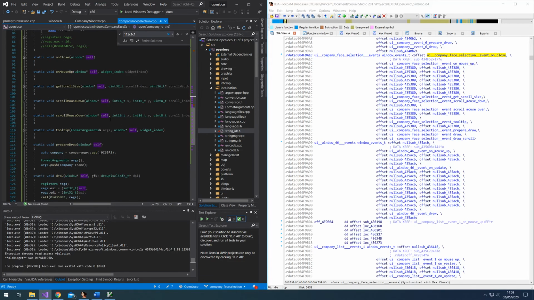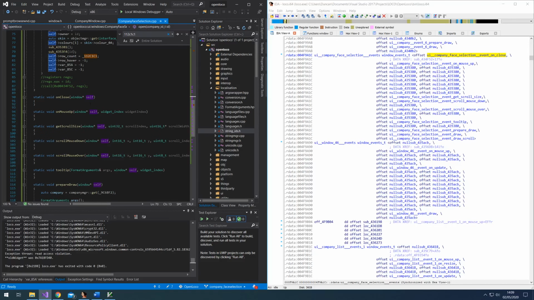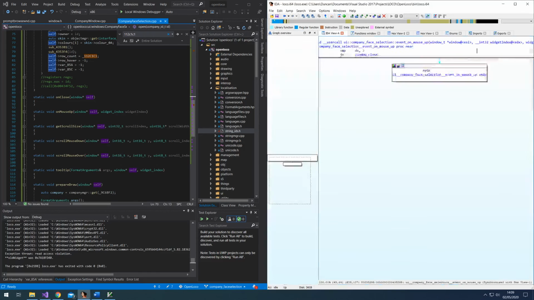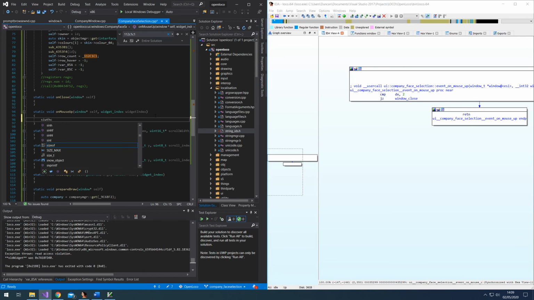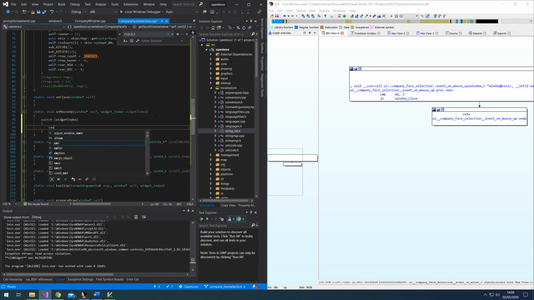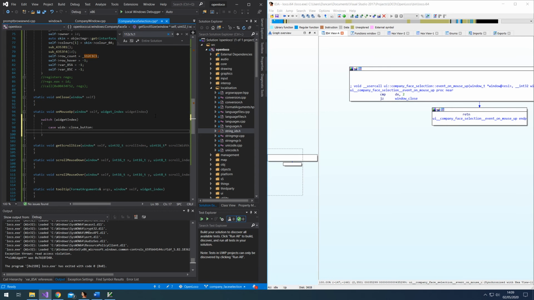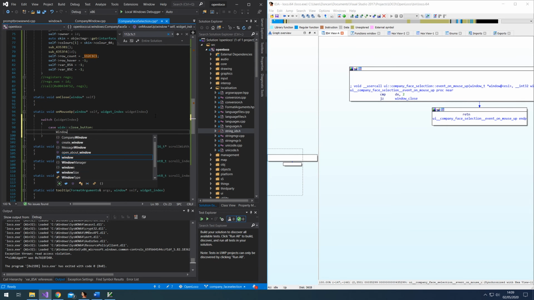Well, I think that's been an hour. I'm just going to have a quick look to see if there's any other really easy functions. Oh, that is a really easy function. Let's do that one, on mouse up. So mouse up functions, we like to do them pretty much all the same, which is a switch statement and then the